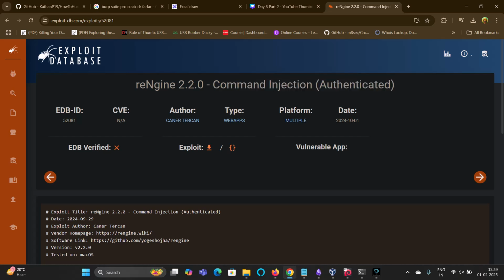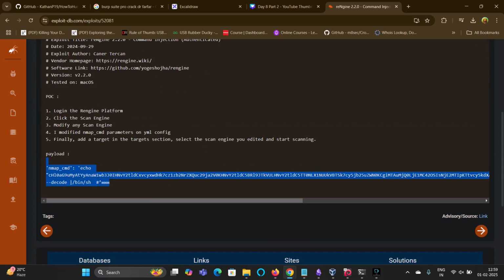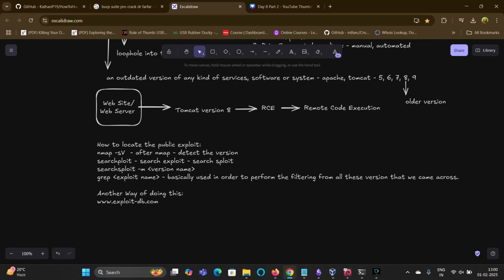So that's how you get to know which version they are using, and we can exploit this version using this POC as well as this payload. And that's how you can locate the public exploit. I hope this is pretty clear to you guys, how to locate the public exploit.